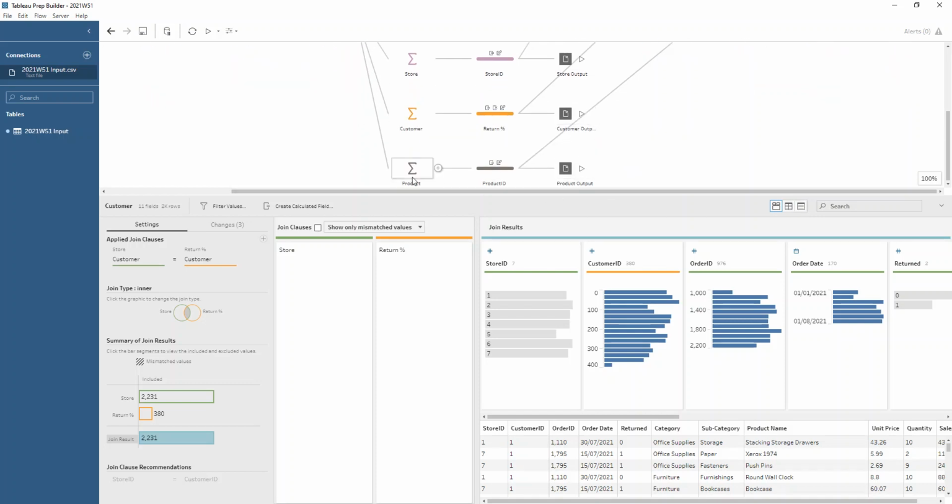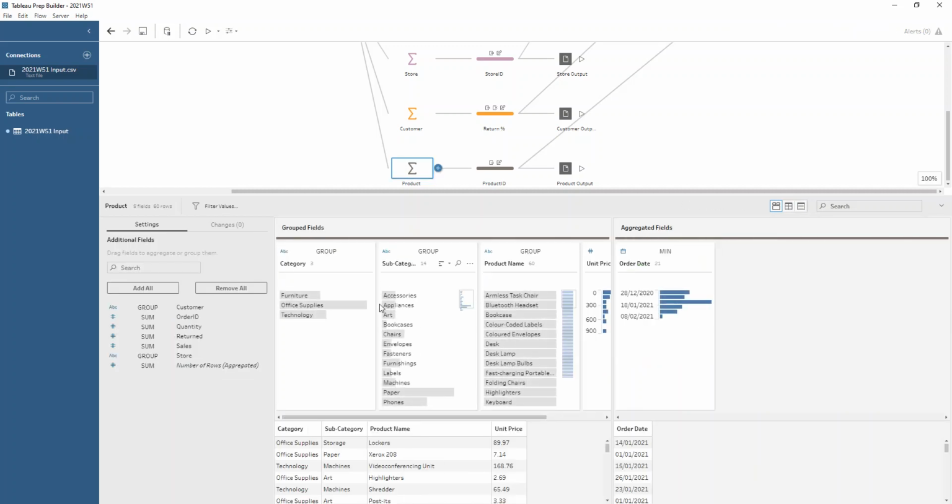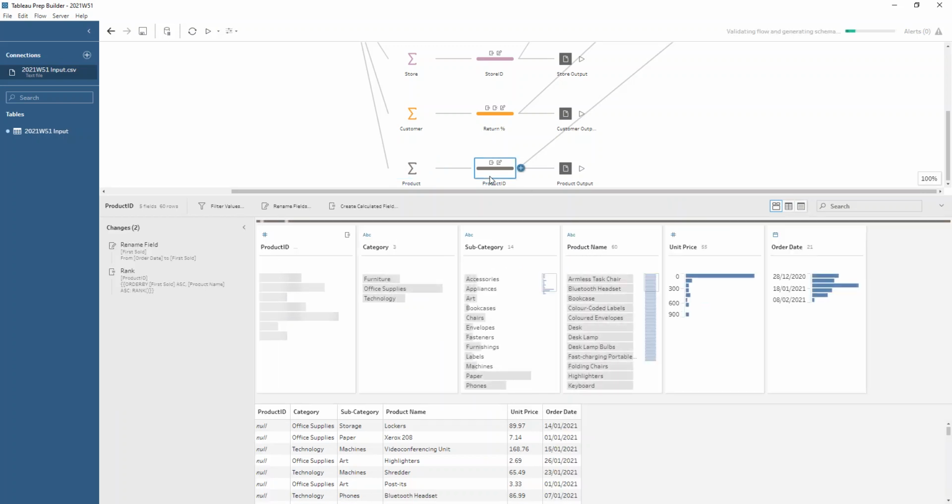Okay, and then we're looking for our product dimension table finally. So again, very similar. This time we're taking the product name, the subcategory, and the category, rather than having separate category or subcategory tables. We're just going to group them all together in the product dimension table. We're also going to bring through the unit price because that doesn't need to be in the initial data set as well. And finally, we just have that minimum order date as well,